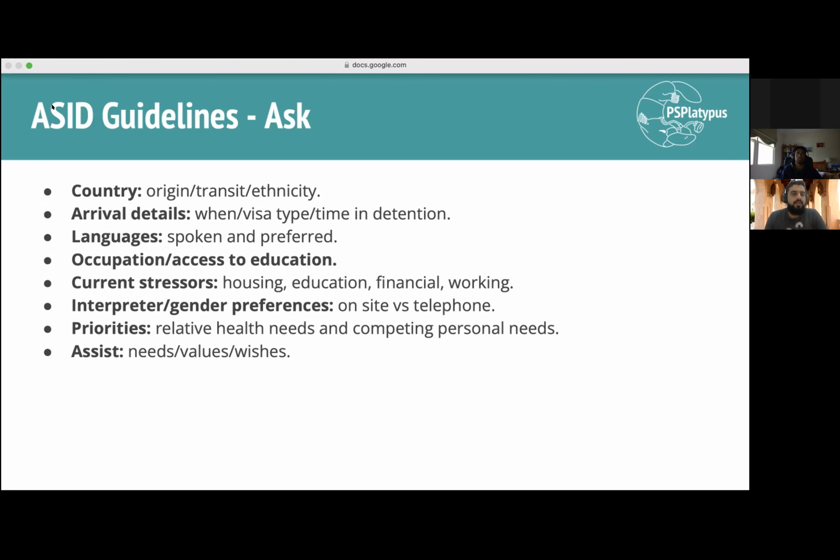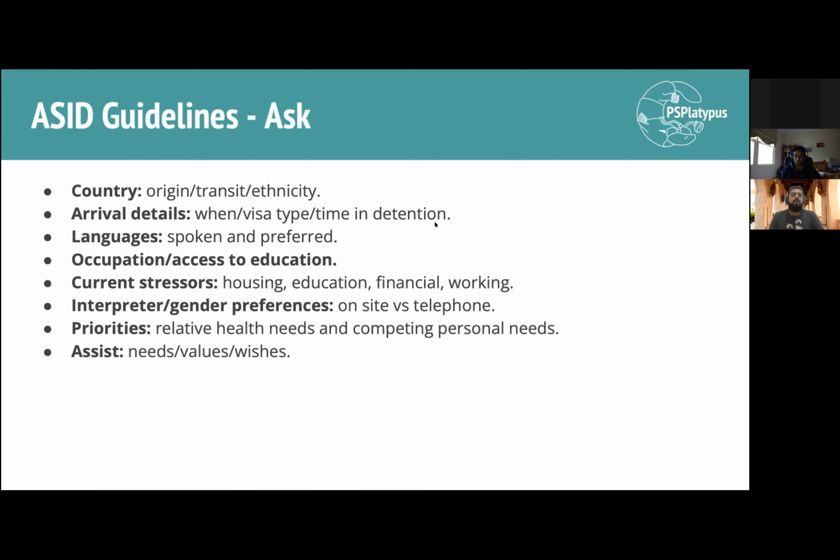Now we'll talk about how, as a doctor, to start with a patient who's a refugee or asylum seeker, according to the Australian Society of Infectious Diseases. There are three main things you need to do: ask, screen, and kindness. You may use the word ASK as an acronym for this. So A for ask, S for screening, and K for kindness. Firstly,